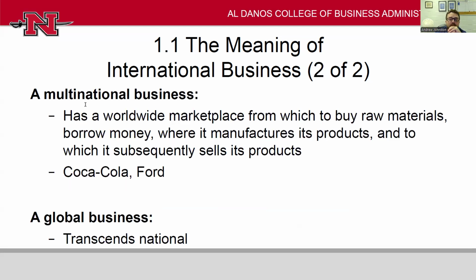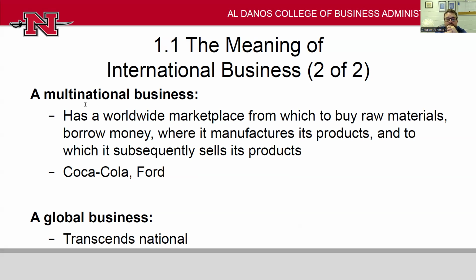A multinational business is doing both. It's getting its supplies. It might have production in one country that isn't its home country. It may get money from a second country, and it may sell in a third country. So companies like Coca-Cola and Ford are very much multinational firms. For example, Ford will have plants that produce in Mexico. It may get its financing from the USA, and it sells in Southeast Asia. So it's a multinational business. It's got different parts of its operations all over the world.